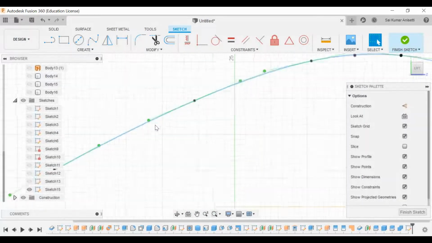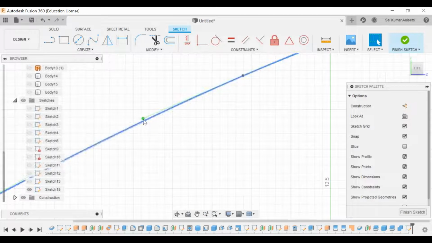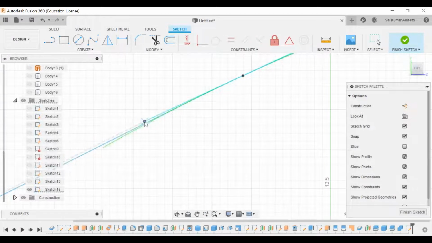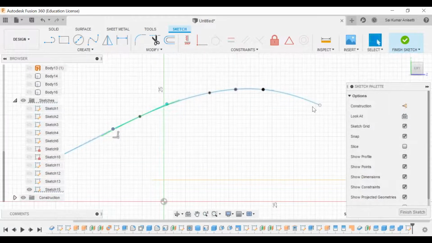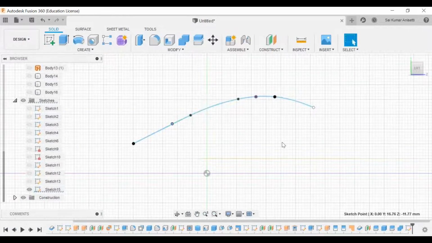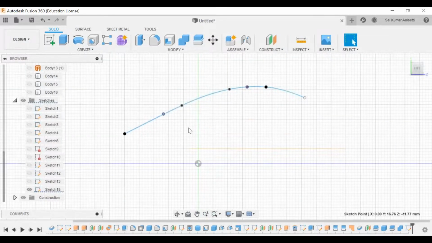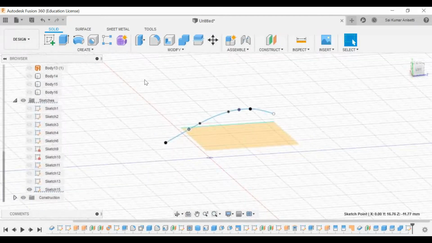Now on this surface, I'll make a reference spline. Now I'll adjust it. See, there is a gap, right? Now I'll make sure this will be matching with my reference. So that is how you need to do it. Almost exactly you need to match. Try to match it and exit the sketch. Now you have the spline exactly.